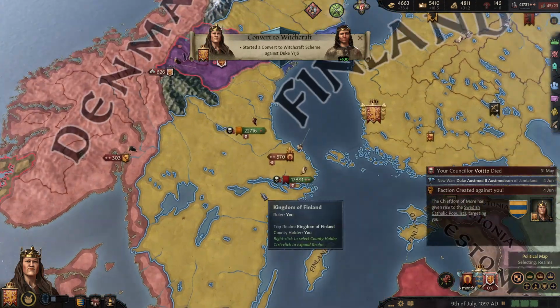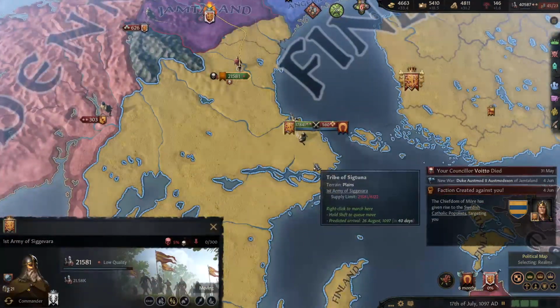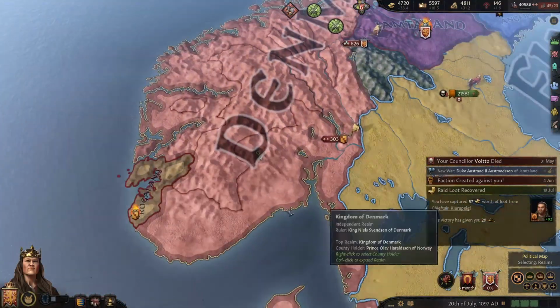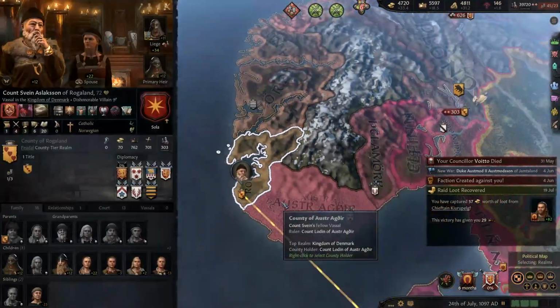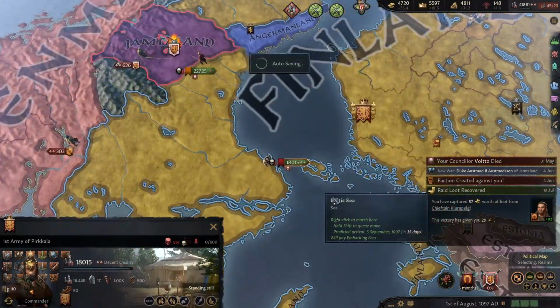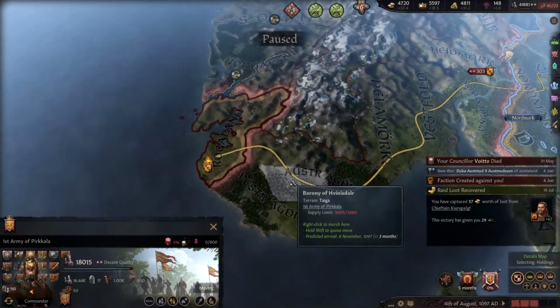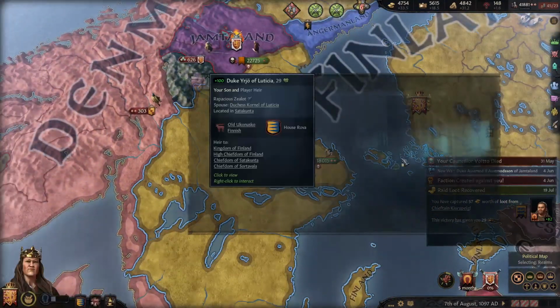Okay, someone's plotting to kill my daughter. Hopefully we can nip that in the bud. Get rid of those raiders and march them over there. Just going to take a bit of... I want you to go over there. There we go. Right, we need to...